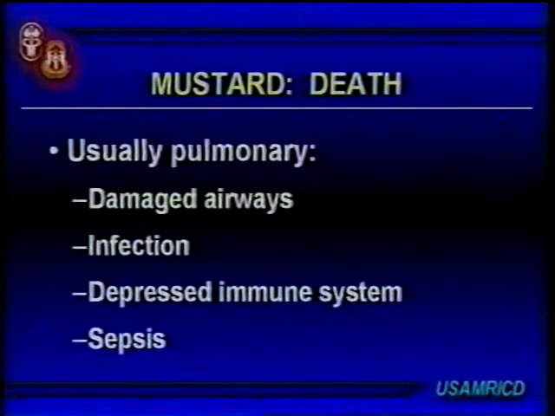The first one, which is very much in the minority, okay, is with a massive exposure in the lungs. I liken it to if you had sucked on a blowtorch or somebody poured lye or acid straight down in your lungs. The injury is so massive that you're just torn up down there, you couldn't possibly be a survivor, and you'll die in 1 to 2 days. That is very rare, but it's one way you can die a pulmonary death with mustard.